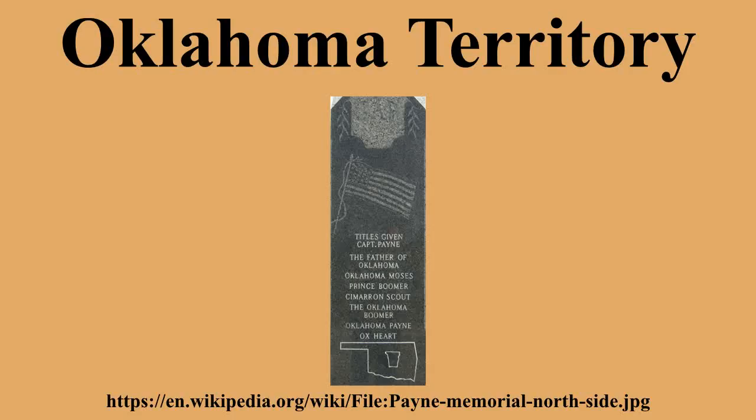Congress provided for the creation of a legislative branch elected by the people, but the executive and judicial branches of the territories were selected and appointed by the President of the United States, with the advice and consent of the United States Senate. The appointees included a governor, a secretary, 3 federal judges and a marshal. President Benjamin Harrison appointed George Washington Steele, a Republican from Indiana, as the first territorial governor.